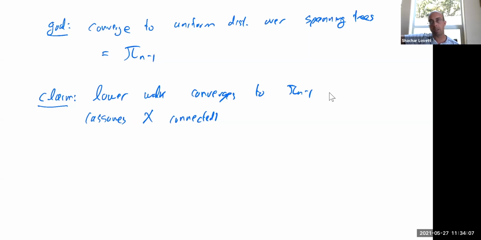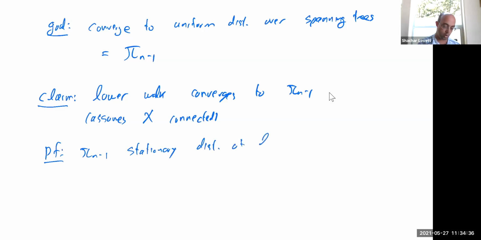So this requires proof, but we're actually going to prove it later because this will be important for us later. But it's not hard. It's a simple combinatorial claim. But yeah, this is what it means. But as I said, we're going to prove this later. But let's prove this in general. Well, actually, what I want to prove to you is that pi n minus 1 is a stationary distribution of the lower walk,